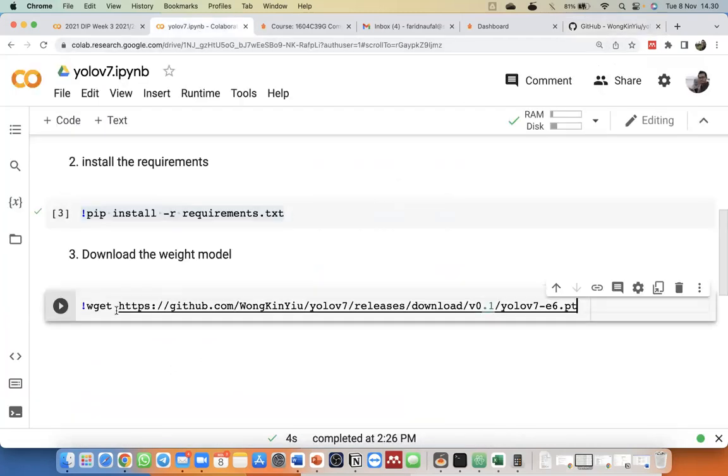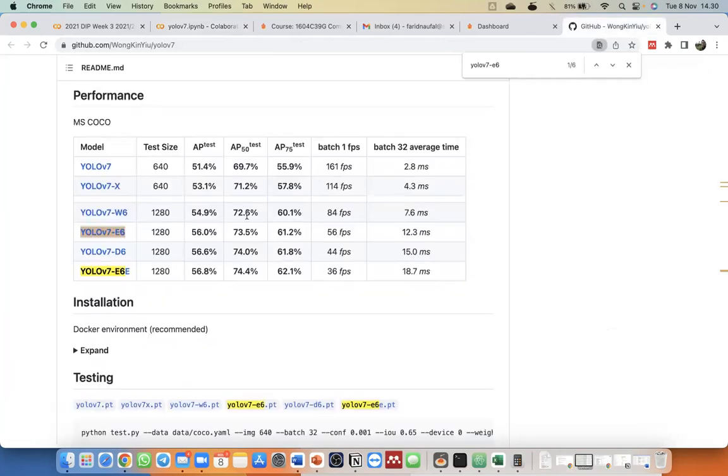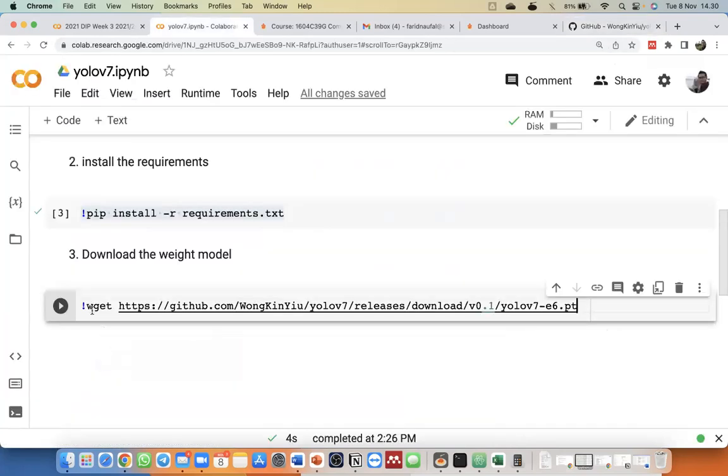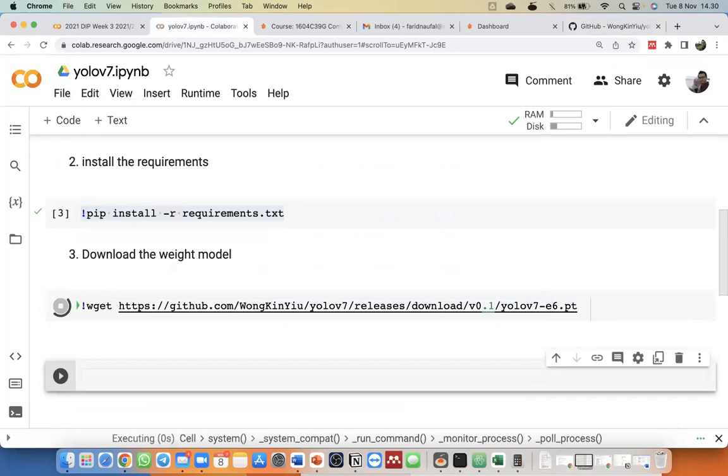Okay, you can just call wget and then paste the link of the weight model. You can just right click on this link, copy link address, then call wget, paste the link, then execute the code.